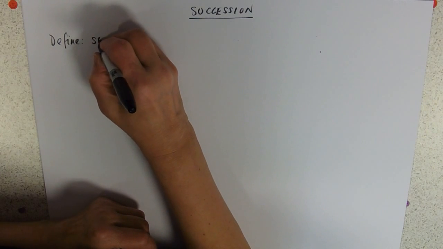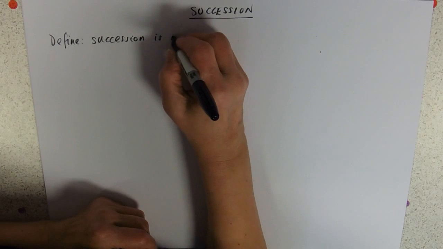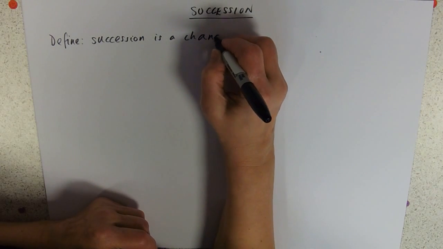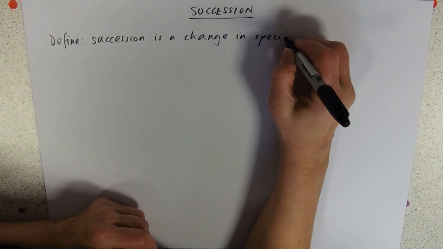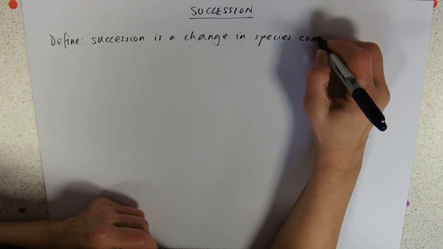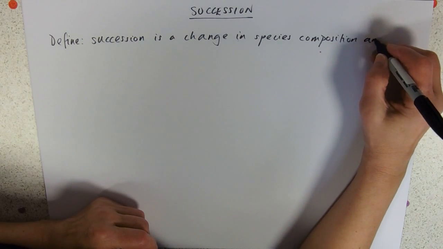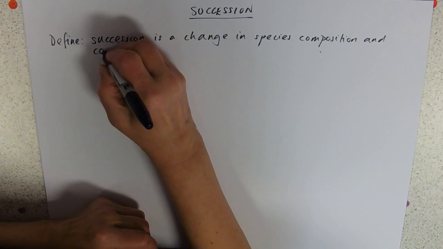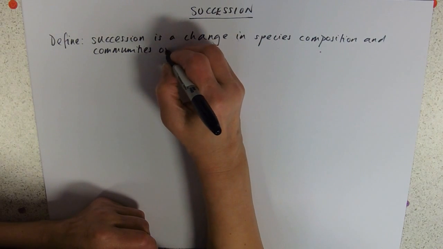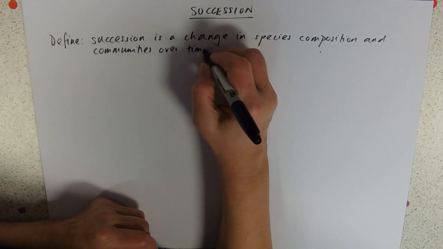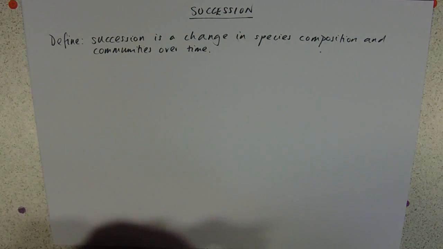Define. So, succession is a change in species composition and communities over time. And this is something you can see while you're out and about, providing you take your nose out